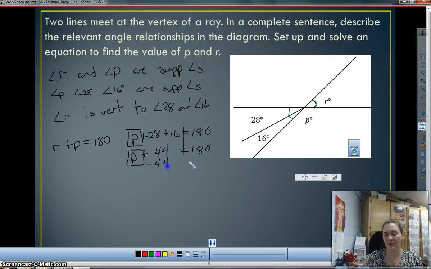Subtract from both sides. P comes down, inverse cancels out, borrow and subtract, and you have 136 degrees,